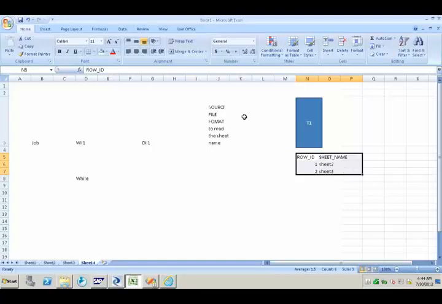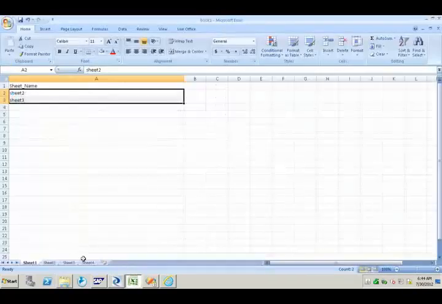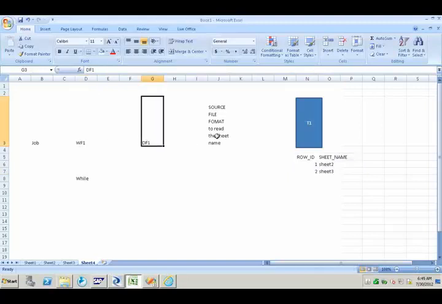So very simple, you need to create one Excel format. In that Excel format, refer to only sheet 1, so that you will get sheet 2 and sheet 3 information into one target table, and use one function called gen_row_id to generate the row IDs. So in your target table you are going to have this information. That will be done in workflow number one, which has data flow number one, with the source file and the target table.